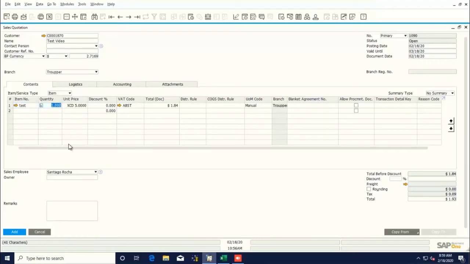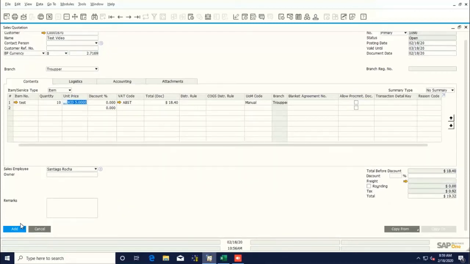We only have to define the quantity of the sale, whether it's liable for VAT, total due, and that's the total with tax included. Now we click on add,